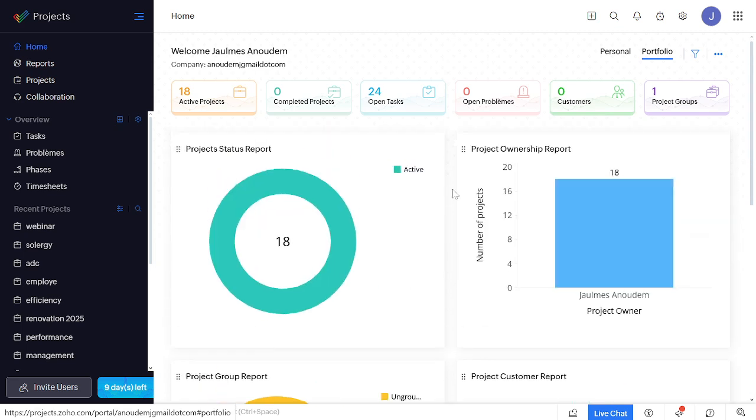Next up, let's explore the left side panel. This panel is your shortcut to features like tasks, issues, timesheets, and reports. It's designed to be your quick navigation tool, allowing you to jump to different sections with ease. Let me explain why this matters. Zoho Project is a comprehensive tool, and the left side panel helps you quickly find what you need, saving you